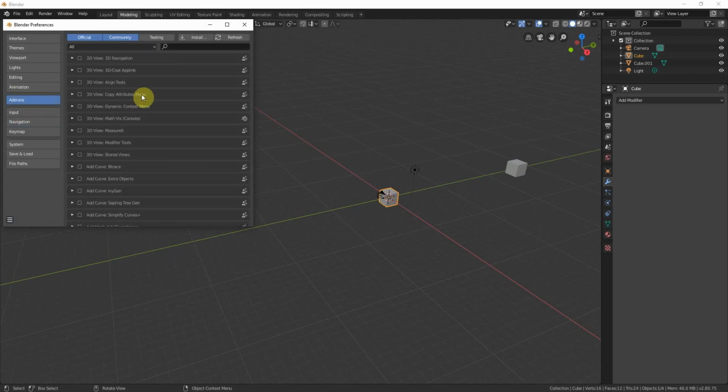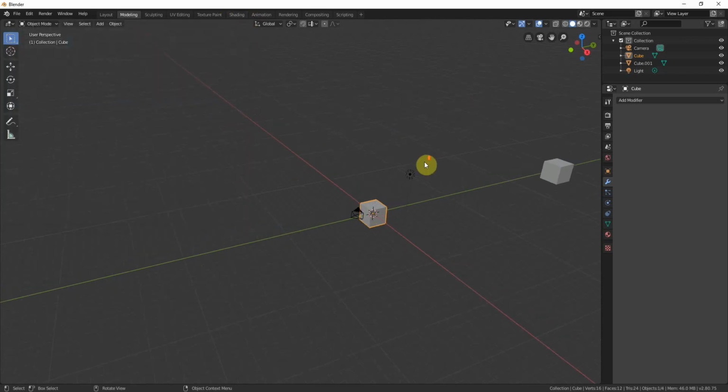Now Blender comes with a mountain of add-ons, and there are more available to download. Add-ons are things that kind of make some functions easier in Blender or add some functionality. We will be using a few add-ons as the course progresses, but we'll come to them as we need them. The one I suggest right now is pie menus. So to